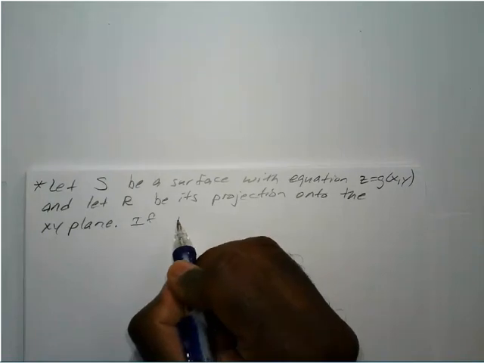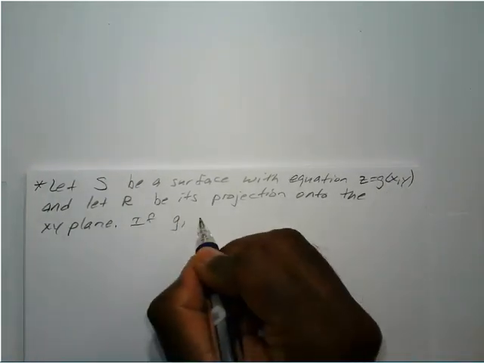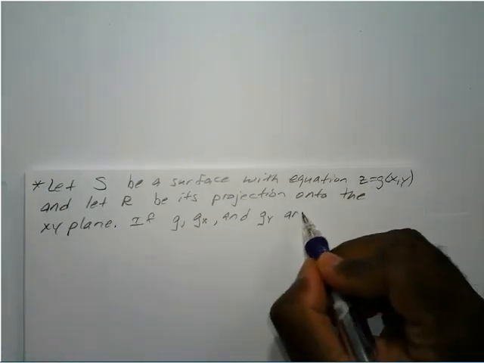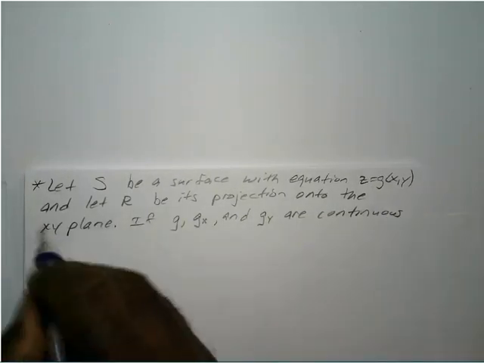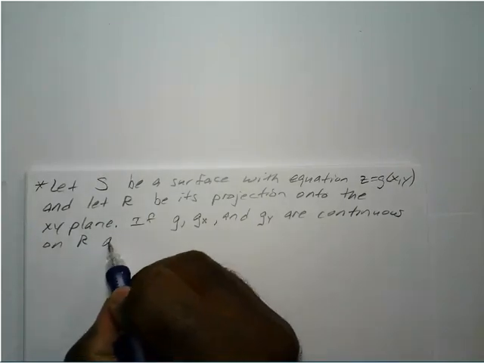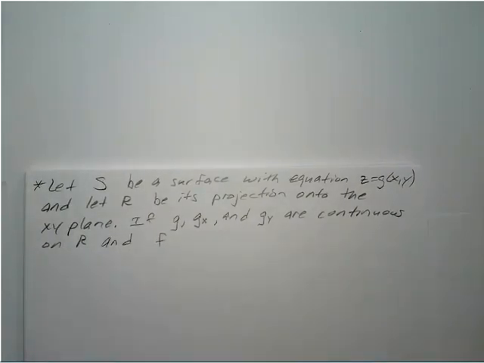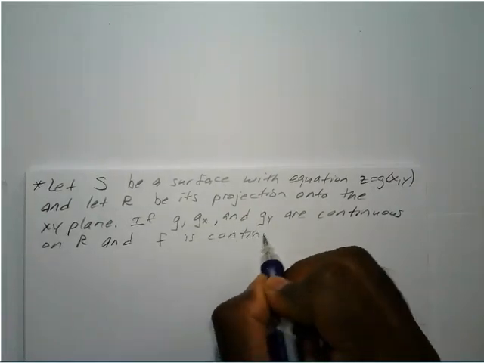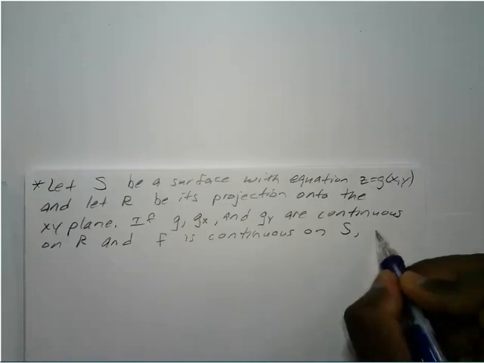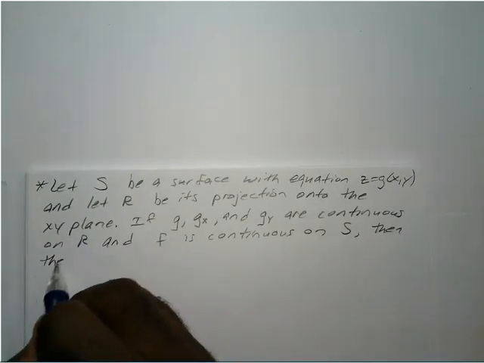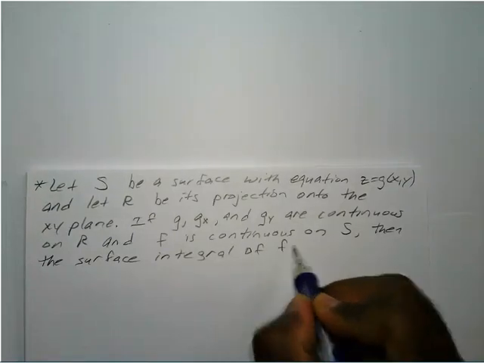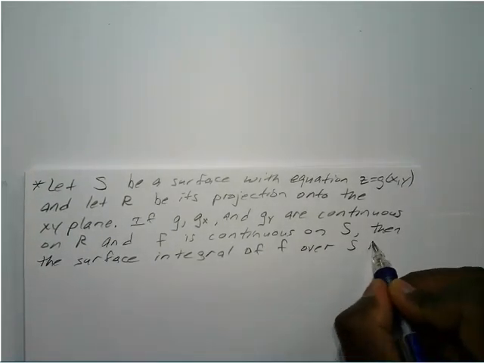If z equals g of x, y, and the first partial with respect to x and the first partial with respect to y, all three are continuous on that region, and your function f is continuous on the surface, then the surface integral of f over the surface is